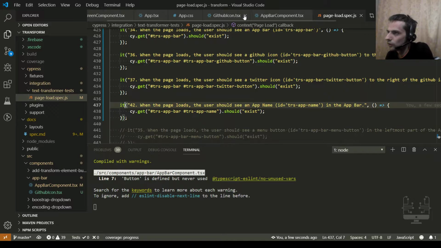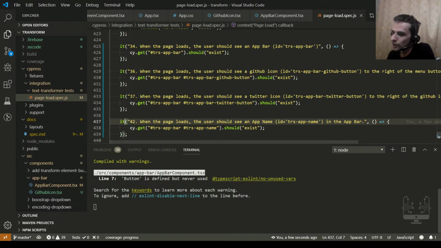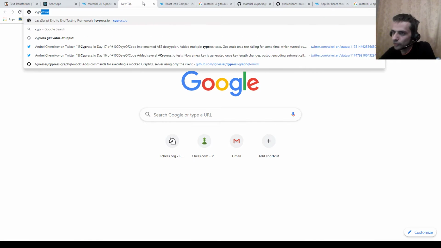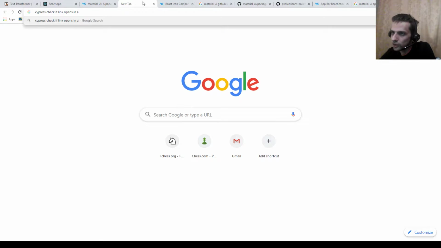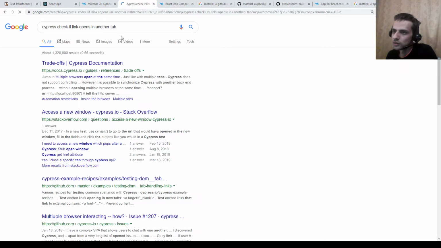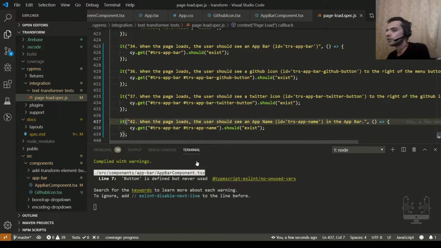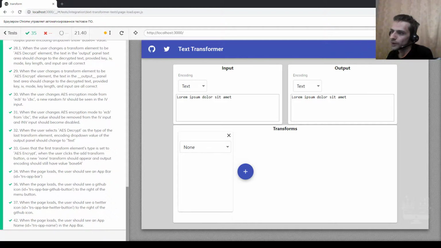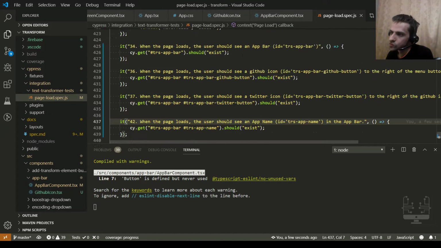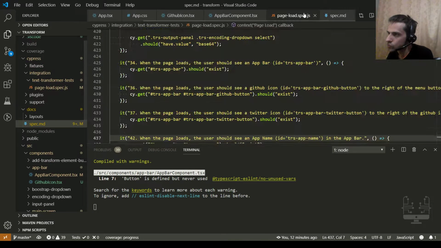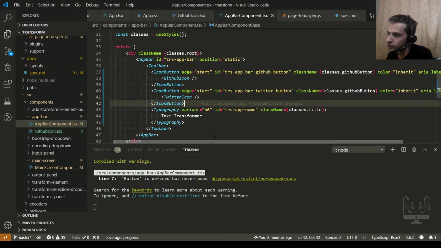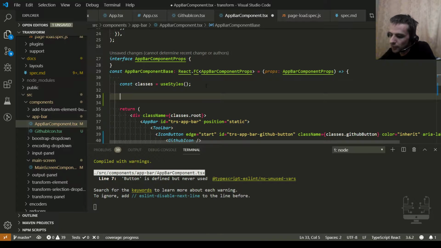Okay, now I want things to open in another window. I'm not sure how to check this in Cypress. Cypress, check if a link opens in another tab. Yeah, I think it doesn't support multiple tabs, so I can't really test this with Cypress. This is one of the drawbacks of the design. Anyway,